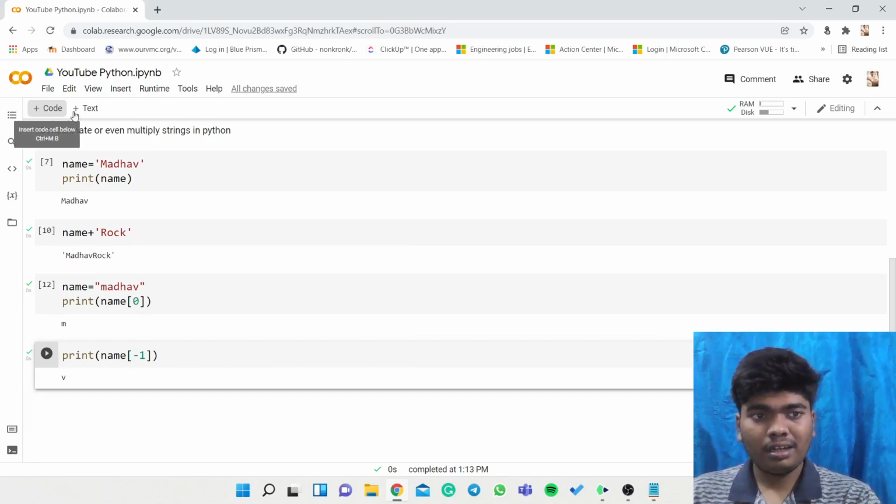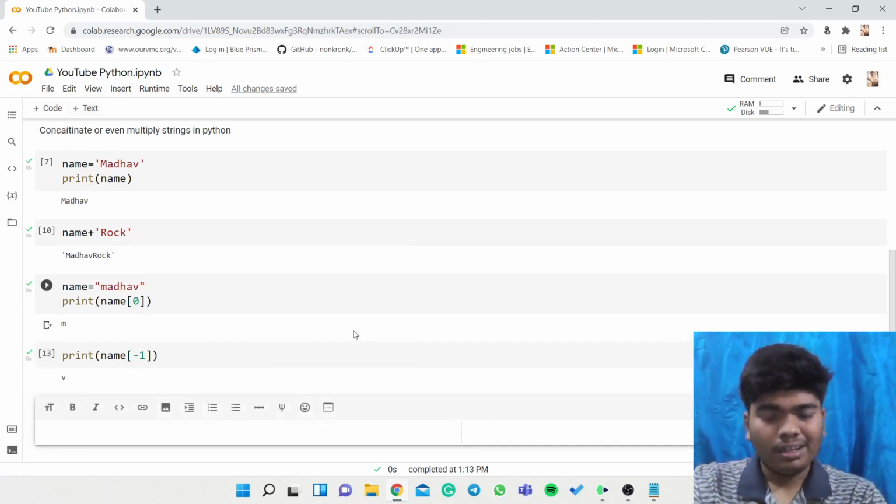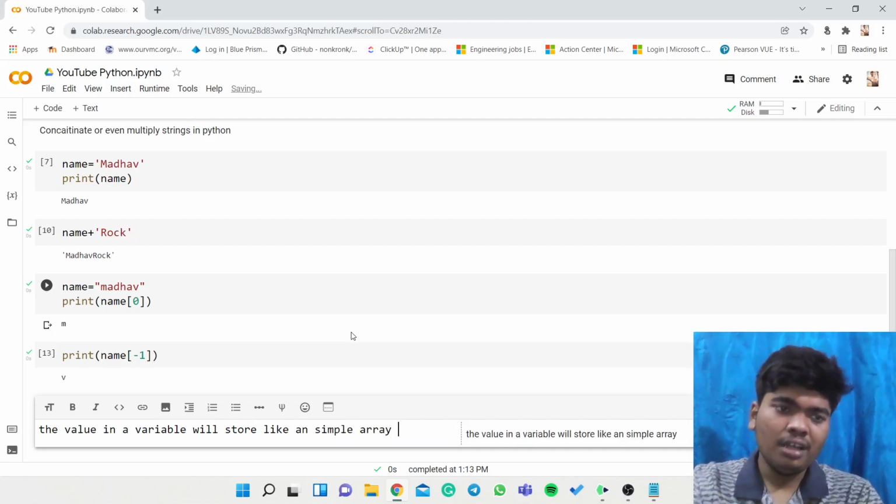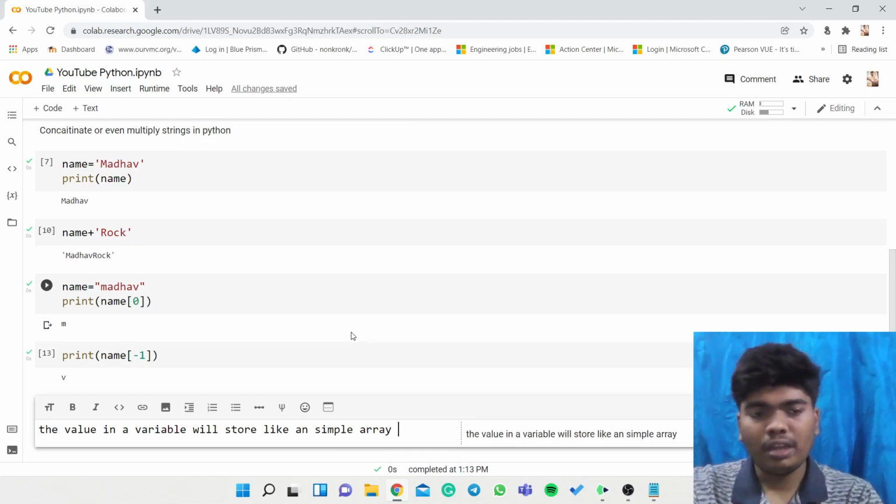So we can conclude here that the value in a variable will be stored like an array, simply an array, though not completely an array. It will store like 0, 1, 2, 3, like arr of 0.